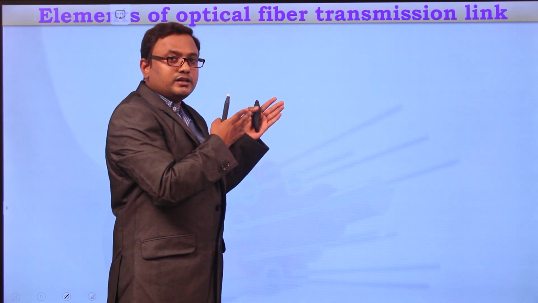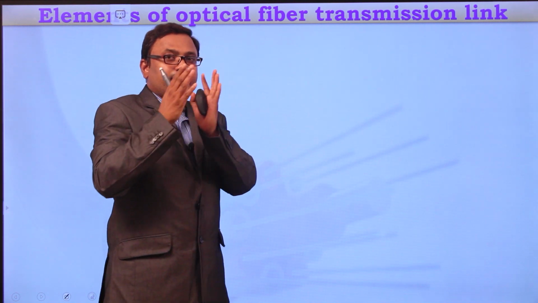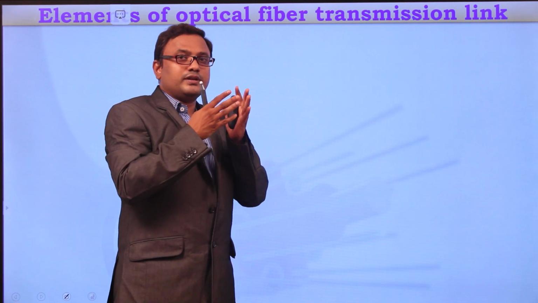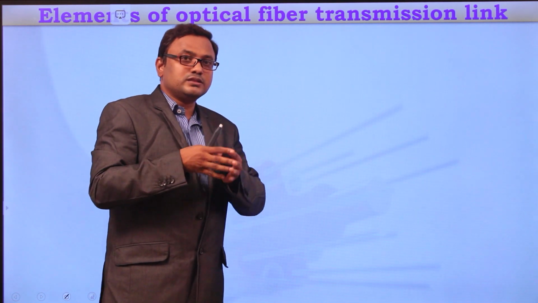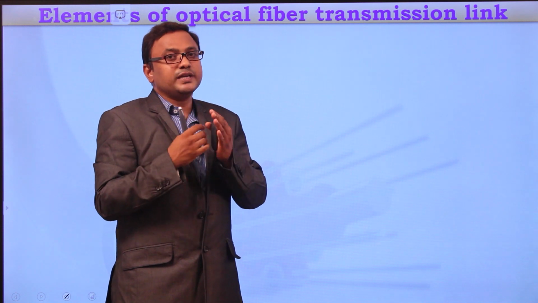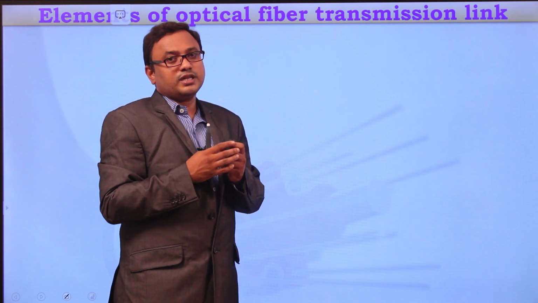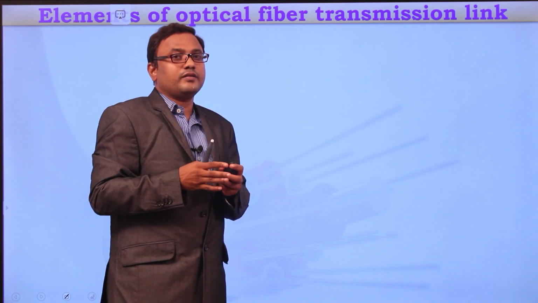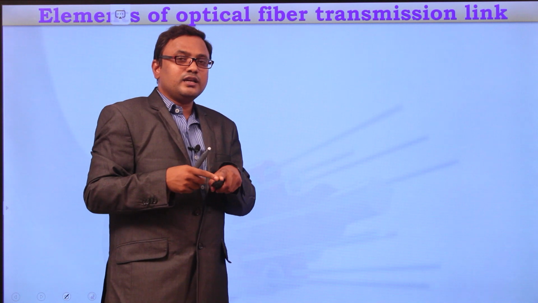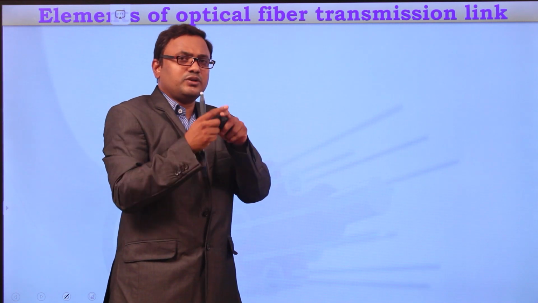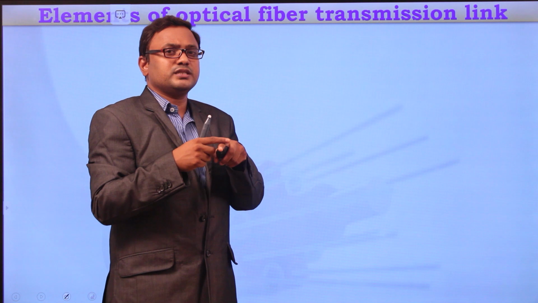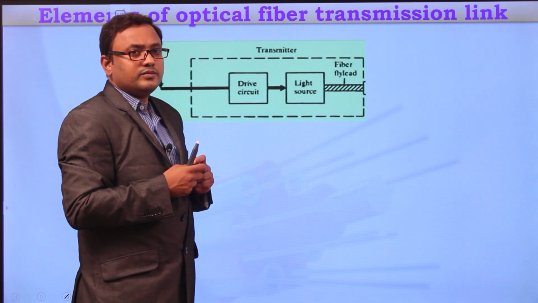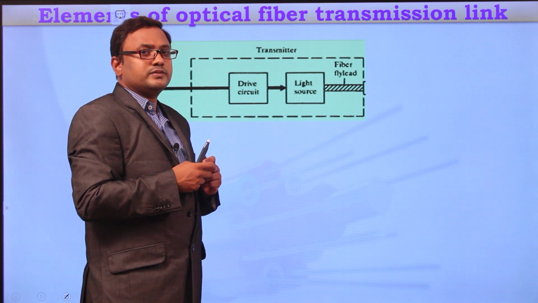So, in addition to the transmitter section and receiver section, in between, in the channel, we need to use several types of connectors, splicers, regenerators, beam splitters. So different components are available. So now we'll have a glance at the basic components required to establish a long haul communication system. Not only a long haul communication system, any communication system. So here we'll see the basic elements required for an optical fiber communication system.